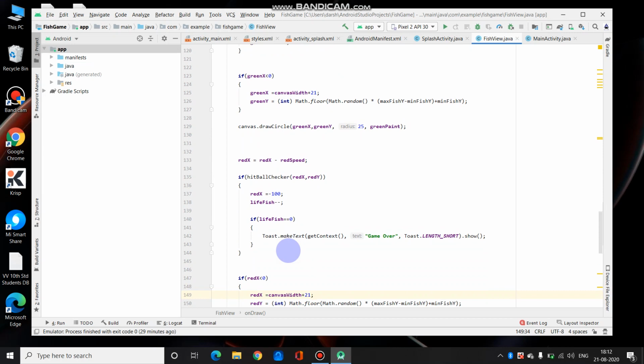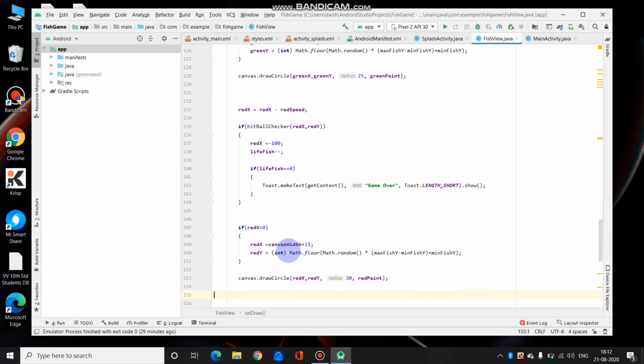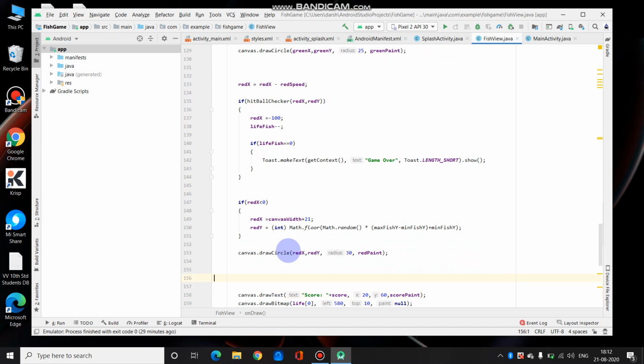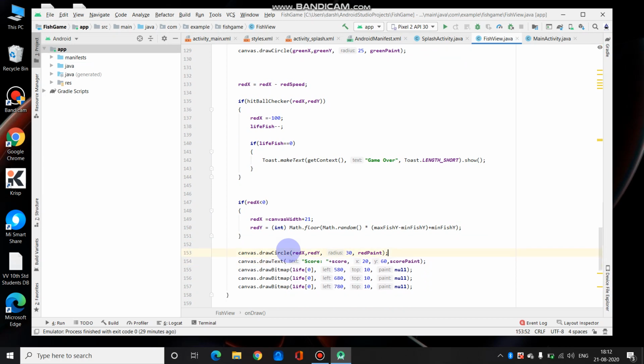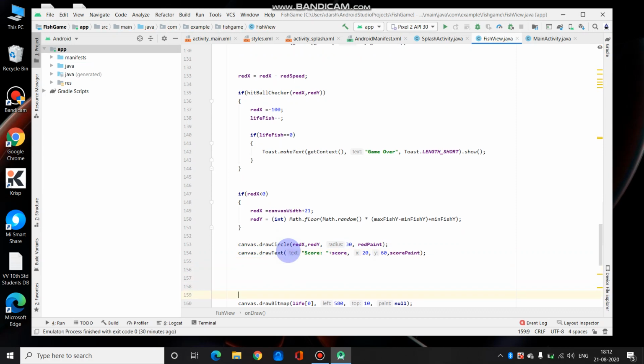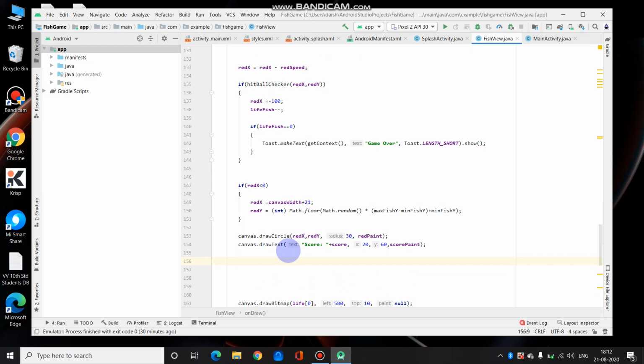So now over here, these two statements are for the red screen. We'll write statements below this. We'll take a for loop.